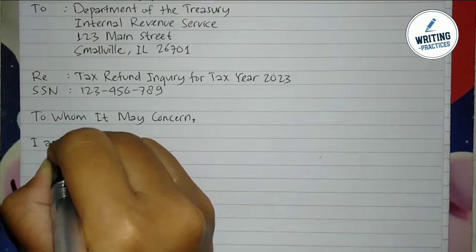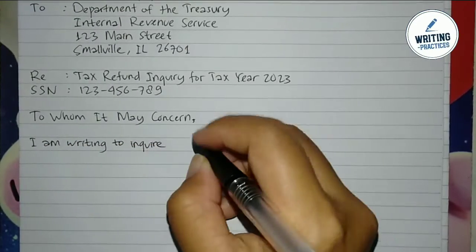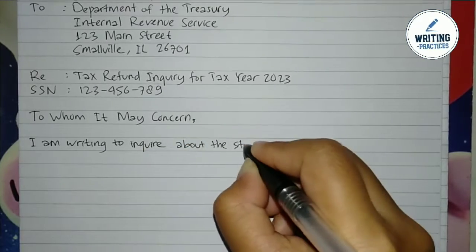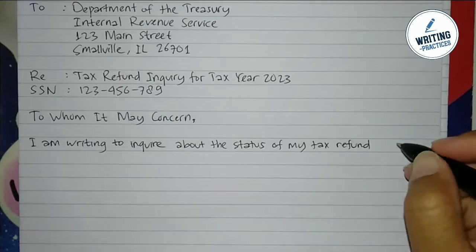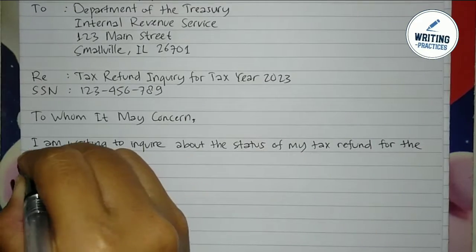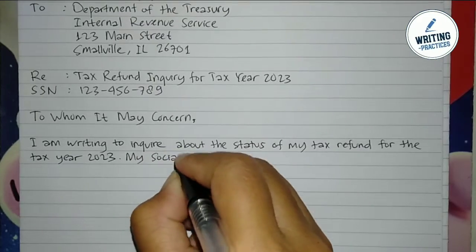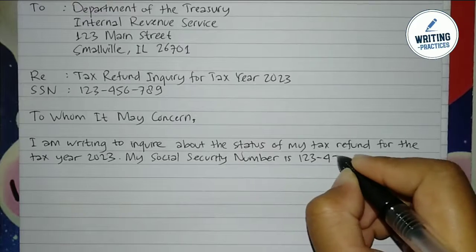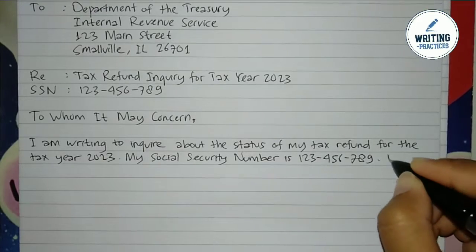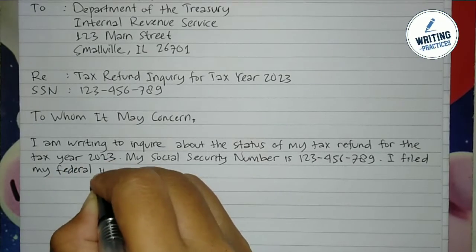In the first paragraph, this is about inquiry introduction. Here, you need to state your purpose clearly and concisely. Yes, you want to inquire about the tax refund, and mention what year the tax is. Here is the example. I am writing to inquire about the status of my tax refund for the tax year 2023. And mention also your SSN or Social Security number. This is important especially if you haven't mentioned it in the reference of the letter. For example, my Social Security number is